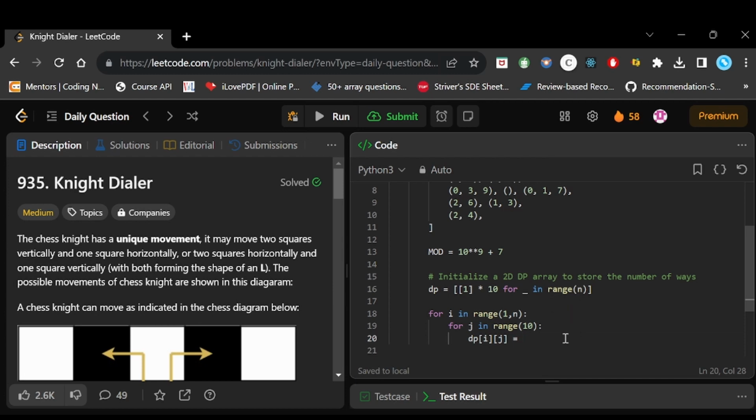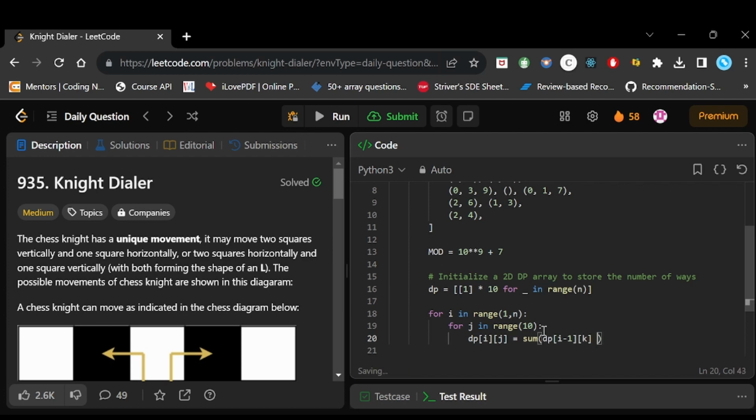So we will take the sum of dp from the previous index and k.